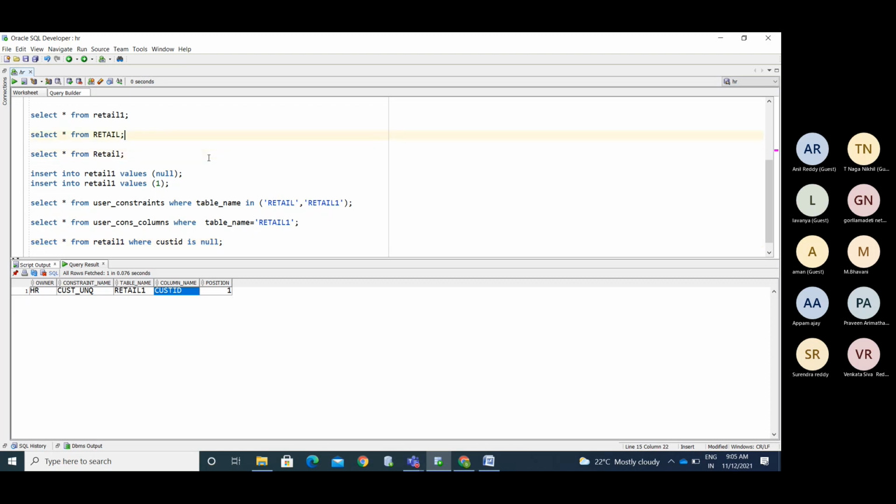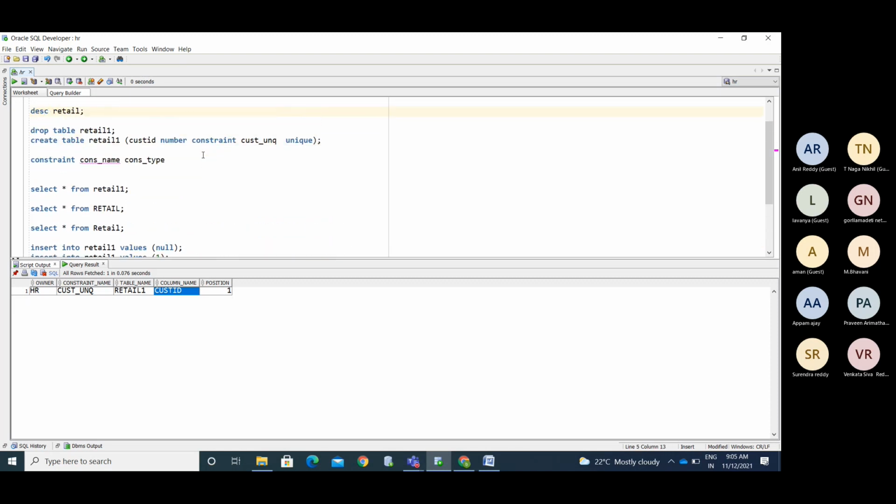Now I am not dropping that table. I'm going to create the retail 2 table. Now I'm mentioning this column as a primary key.